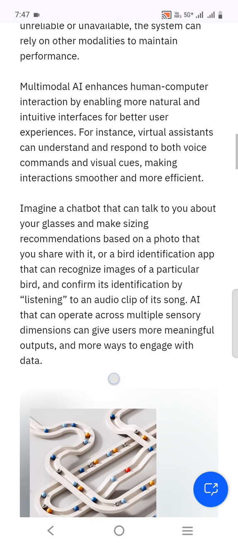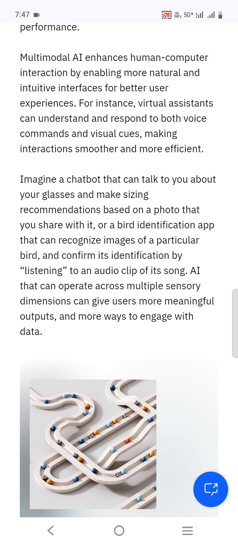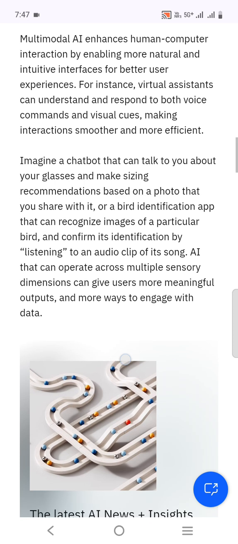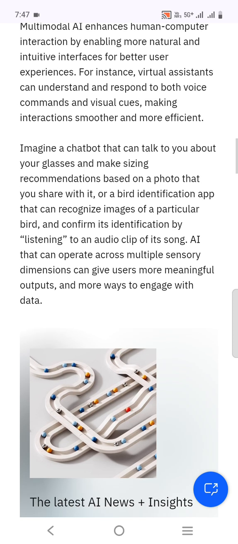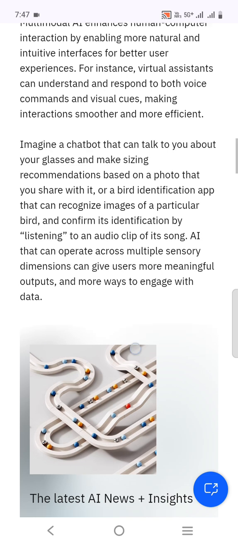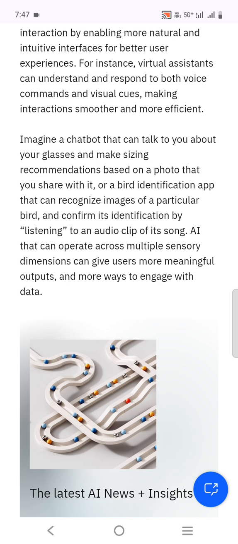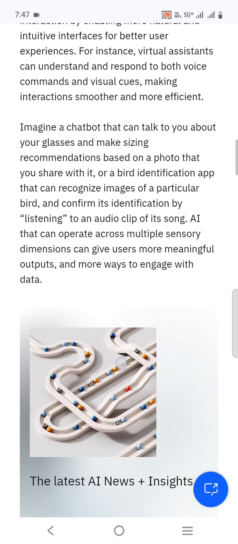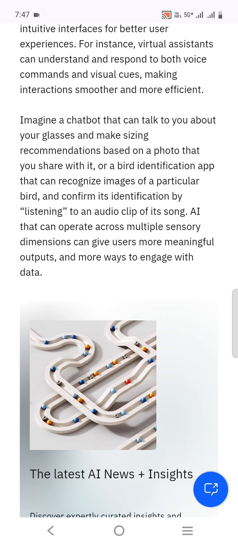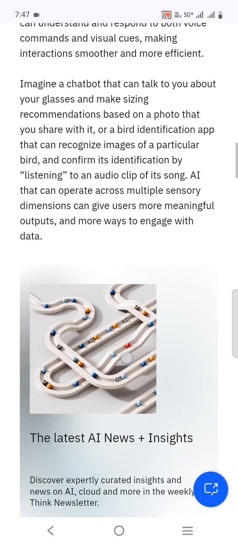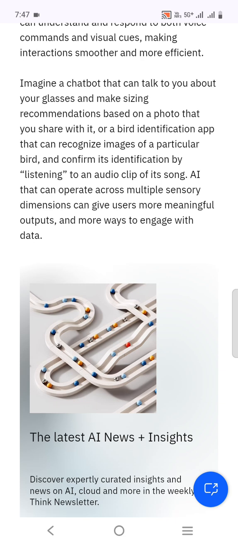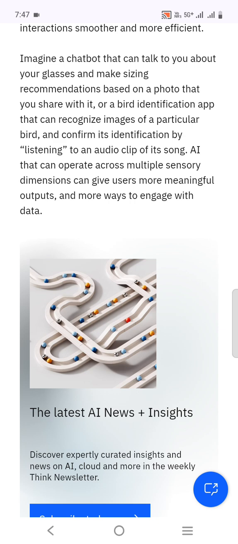Imagine a chatbot that can talk to you about your glasses and make sizing recommendations based on a photo that you share with it, or a bird identification app that recognizes images of a particular bird and confirms its identification by listening to an audio clip of its song. AI that can operate across multiple sensory dimensions can give users more meaningful outputs and more ways to engage with the data.